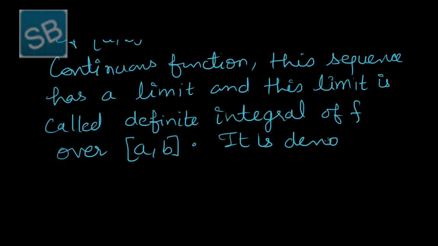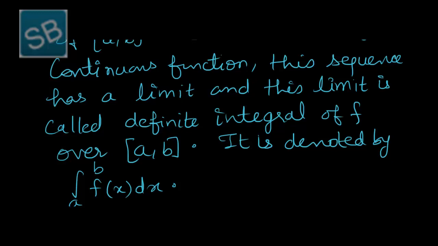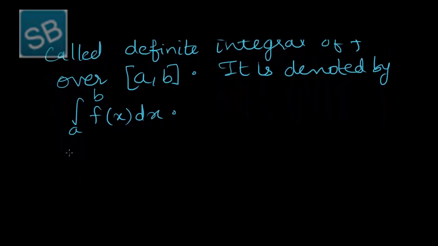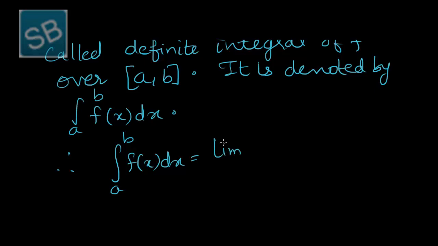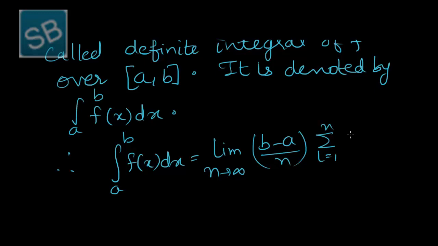It is denoted by integral a to b f of x dx. Therefore, integral a to b f of x dx is equal to limit n tends to infinity b minus a over n sigma i equals 1 to n f of a plus ih, where